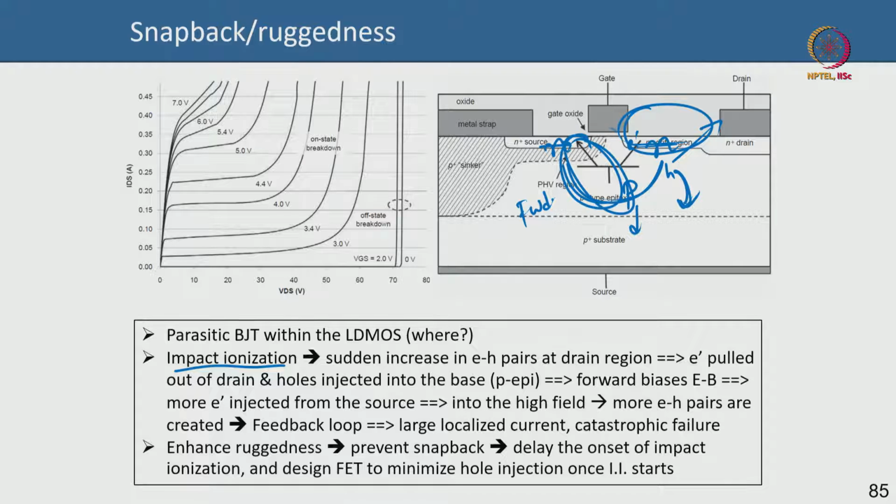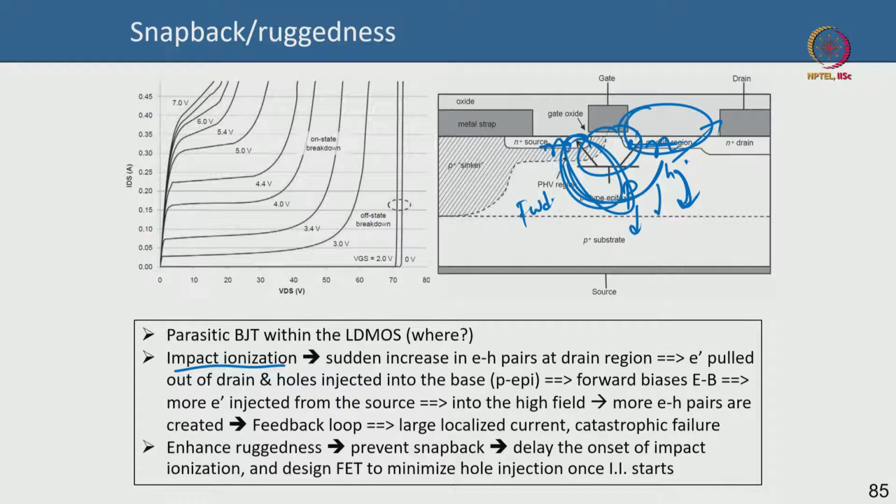okay, and into the high field. This is the high field region. So more electrons will be injected from the source to the high field region. The more the high field region experiences an energetic electron inflow, the more the electron-hole pair creation will happen, and more holes will go into the substrate, more forward biasing the p-n junction, resulting in a positive feedback, like a runaway. It's like a